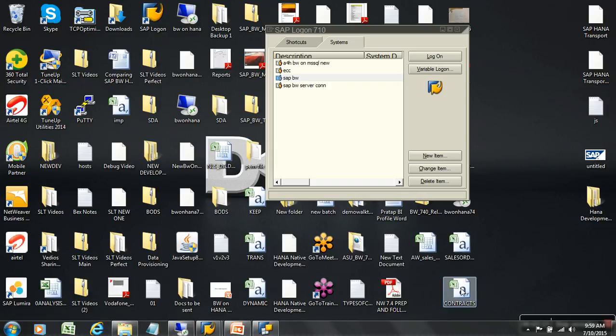Okay. So deactivate aggregate, do the selective deletion in the cube, reload, do a DTP with full with selection with company code 1000 and reload it to cube, and then activate my aggregate back again.